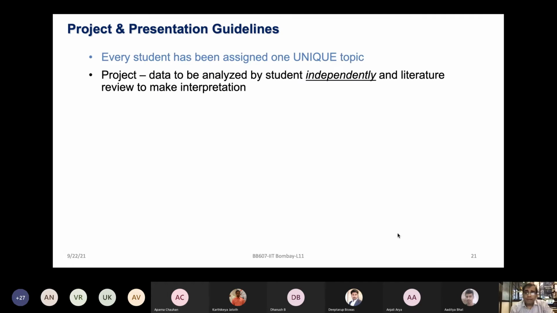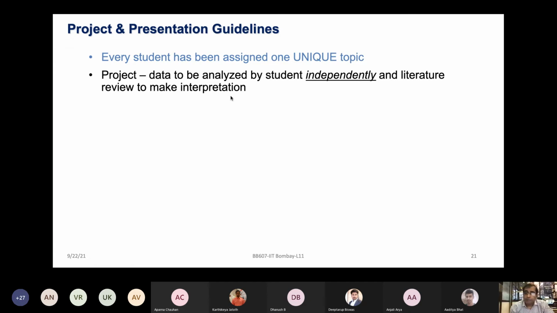What we are going to look at is that every student is free to utilize whatever best way you think you can analyze your data. We are not going to restrict you in that way. We have given you some software and analysis workflows from the beginning till now, but you are free to utilize anything else as well, whatever you think gives a good analysis of this data. In some way you are doing a mini project independently, and once you have done the analysis and found some proteins of interest or pathways of interest, you can look at the literature to see what it says about these disease problems.